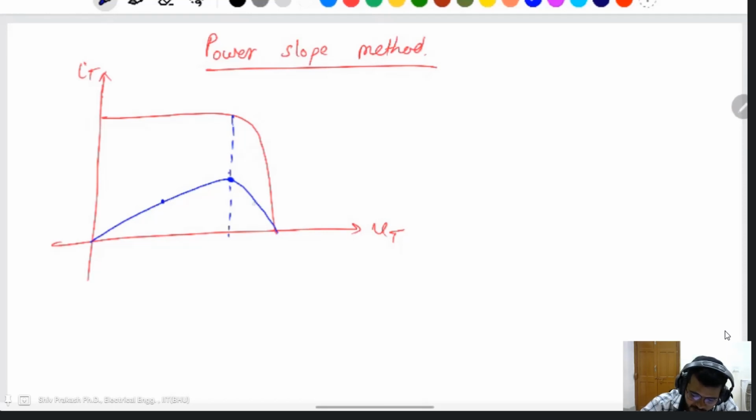This one is lower than this one, the maximum power, on the right side or left side. If you take these voltages,